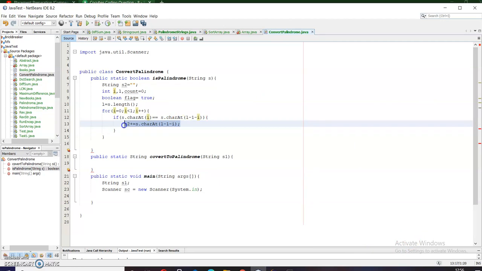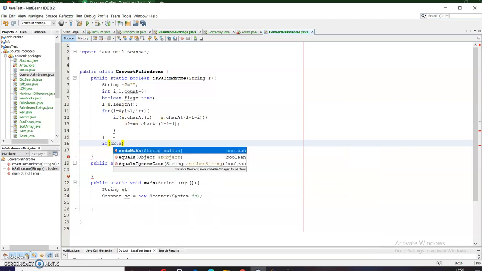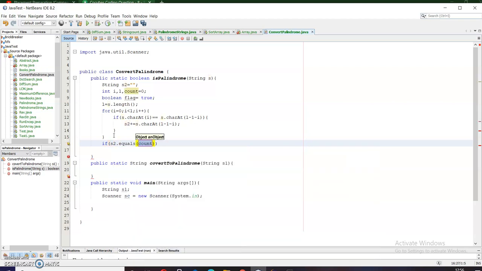new string s2. So now what I will do is check whether this string s2 is equal to the string s. If this is so, then what will I get? I will get my string as a palindrome string. So after the for loop I will write this condition: if s2 dot equals s,